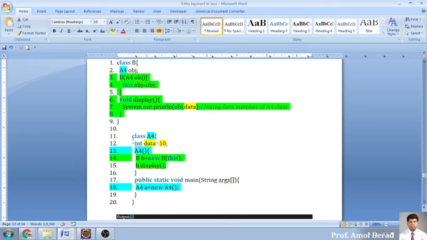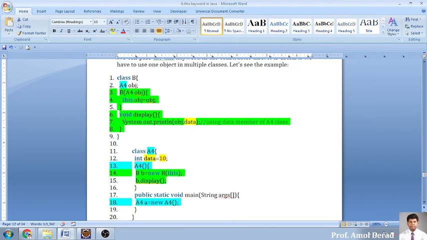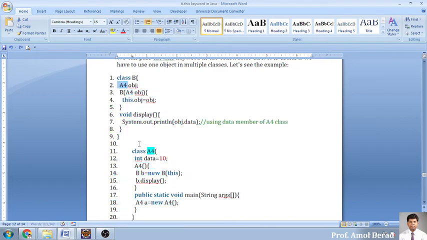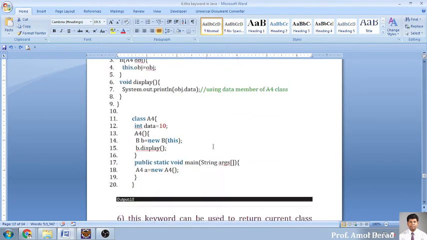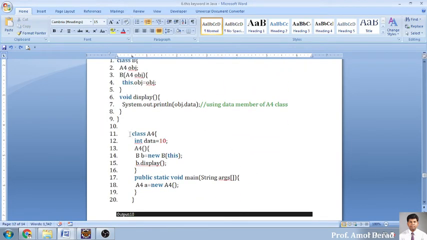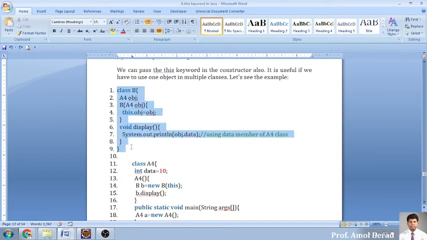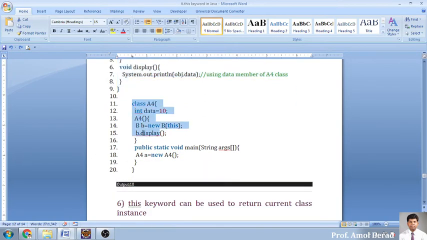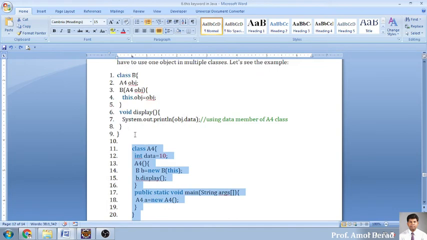Now again I am explaining. Now see this. We have two classes. Again I am just changing the colors. Again I am explaining you. Just second. Okay. Now see. This is the whole program of 20 lines. This is class 1. Okay. This is class 2. Now the entry point of this program is the main function.